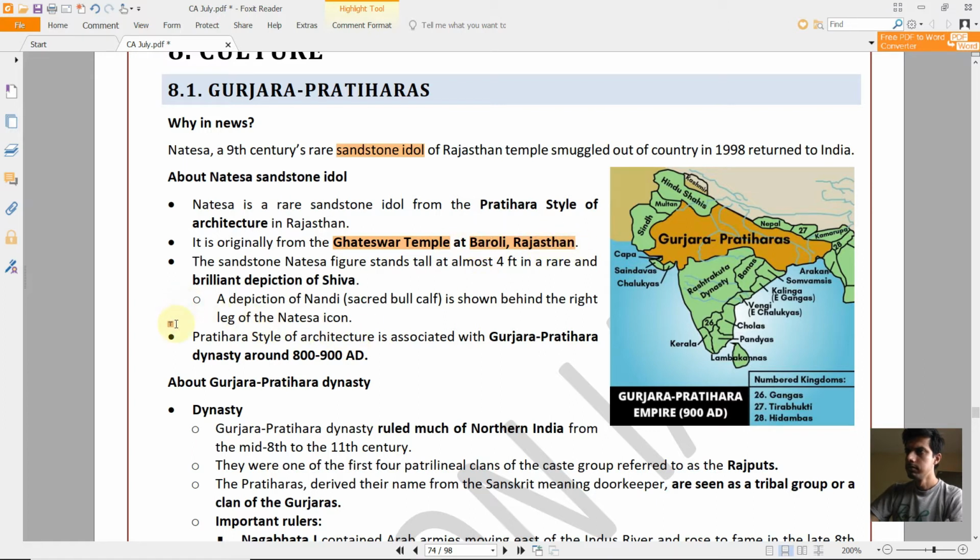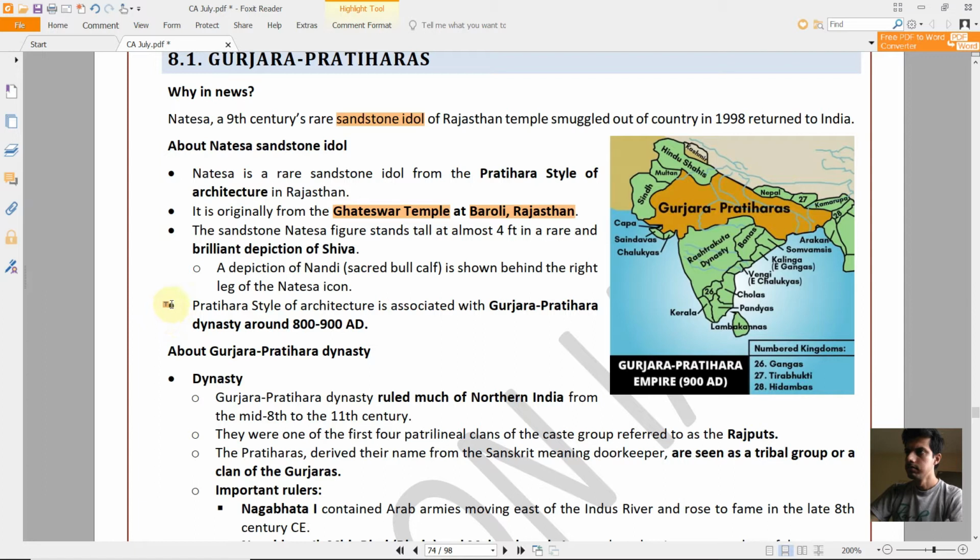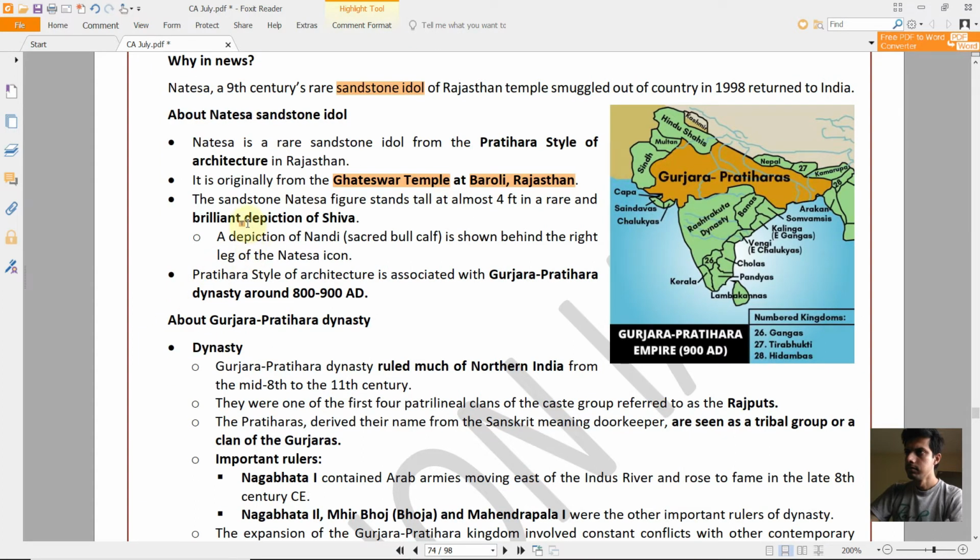So next we'll read what is there in the article and then correspondingly we will highlight them. Like there is a depiction of Lord Shiva and then the dynasty was around from 800 to 900 AD.